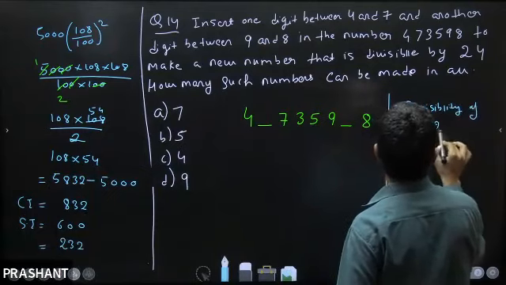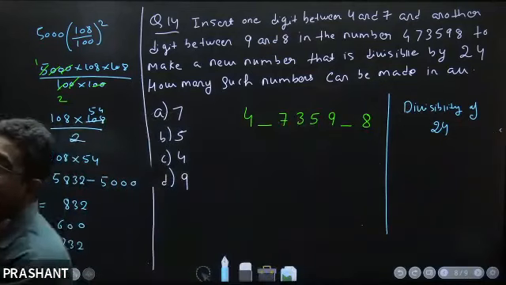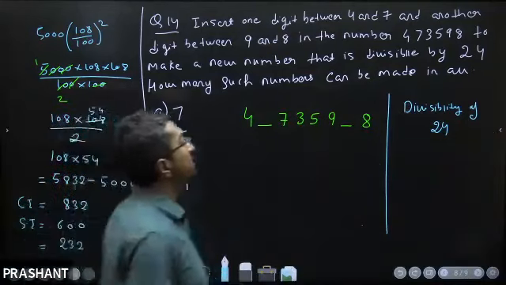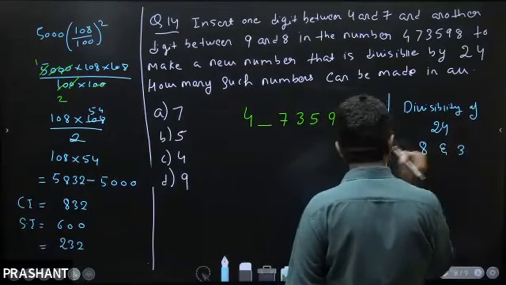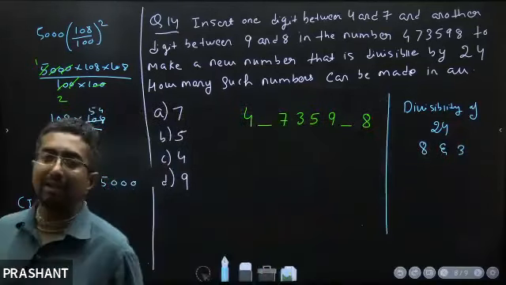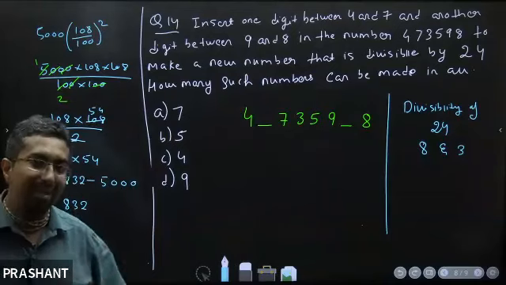Divisibility of 24 मतलब क्या हो गया? Divisibility of 24 मतलब the number should be divisible by 8 and 3. If a number is divisible by 8 and 3, that means the number is divisible by 24. ठीक है? So 8 और 3 से अगर कोई number divisible होता है, so that means that number is divisible